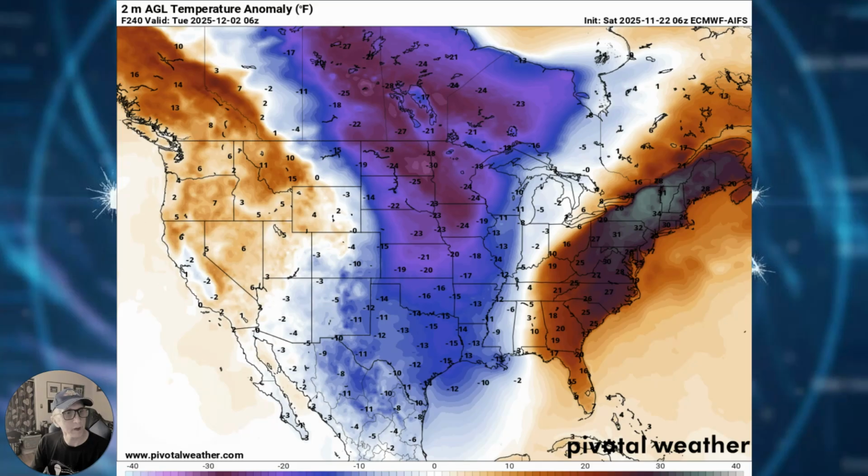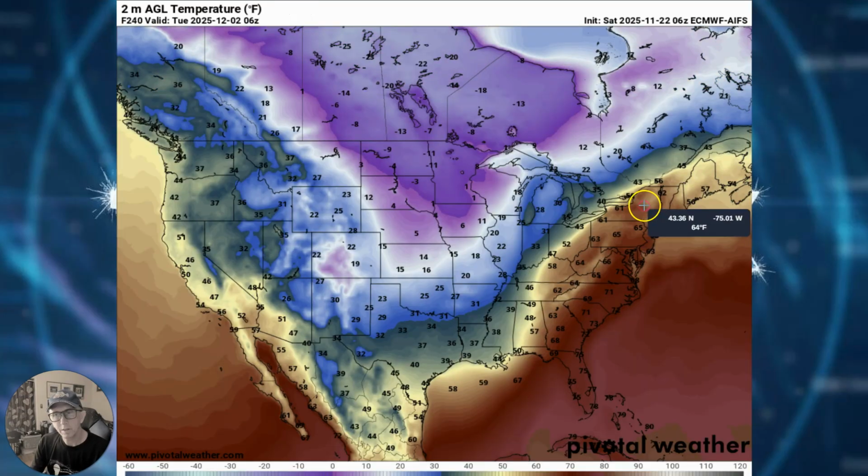If we switch to the actual temps, let's just look at that real quick. '60s, '70s, all the way up into the Northeast. Air temps in the negatives here up in the northern U.S. If we go back to anomalies,